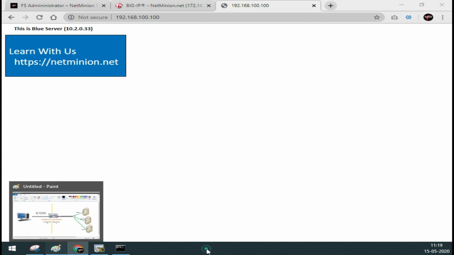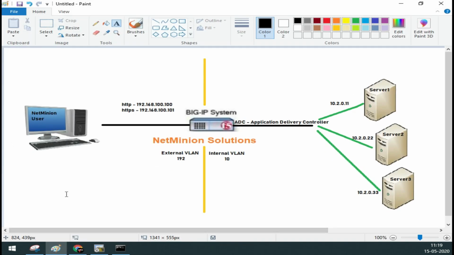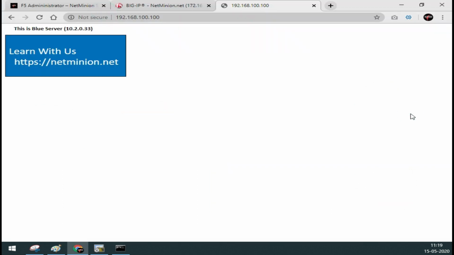So you can see that it is using the third server to serve my traffic. I am pressing Control F5 again, and this time maybe the next server can be selected by this virtual server, because the virtual server is up and all of the nodes behind it are also up.